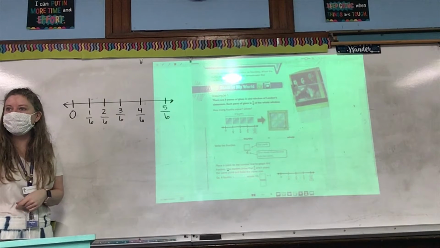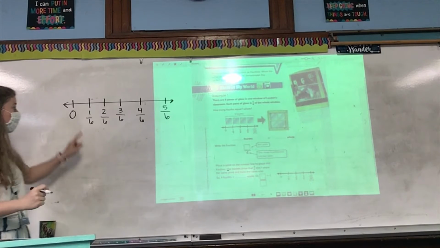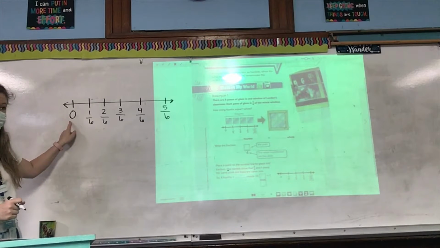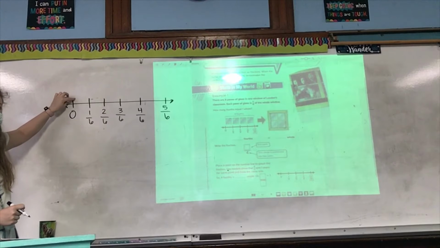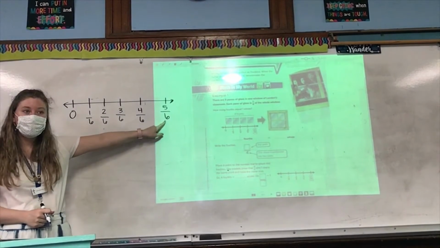Because where does my number line always start when I am a fourth grader doing fractions? 0. Not at 1/6. So I can't count this tick mark when I'm counting the parts. Otherwise, I end up here. And is that